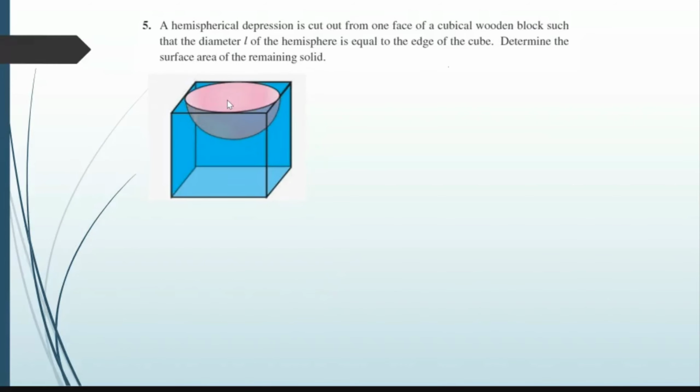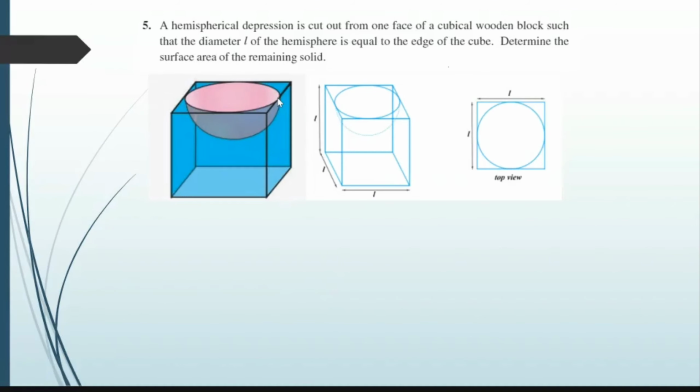So what you have to do is, whenever you are scooping out a hemispherical depression in the cube, then the curved surface area of the hemisphere is added. Volume would have been subtracted. The hemispherical portion adds up to the area, this area increases, right? Though this top has reduced, this area has increased. You can clearly see the top view is just the same, and this area has been added to it.